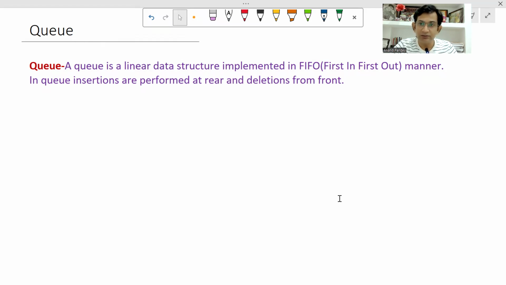So see the definition. A queue is a linear data structure implemented in FIFO, first in, first out manner. So we will implement the queue using array. Array you know very well. So if you are storing the data in an array in such a manner that the value which you are entering at first, you are using first,